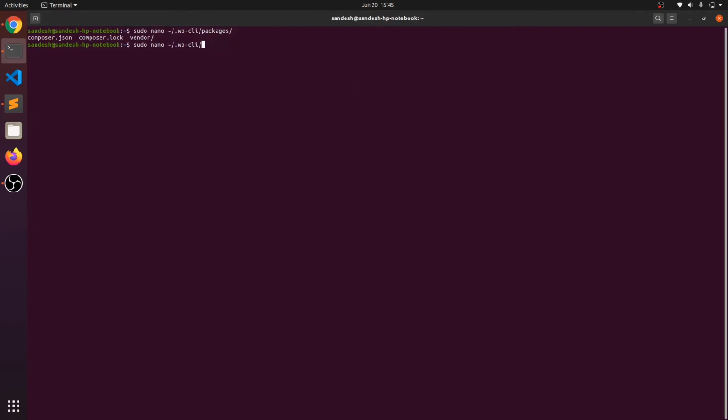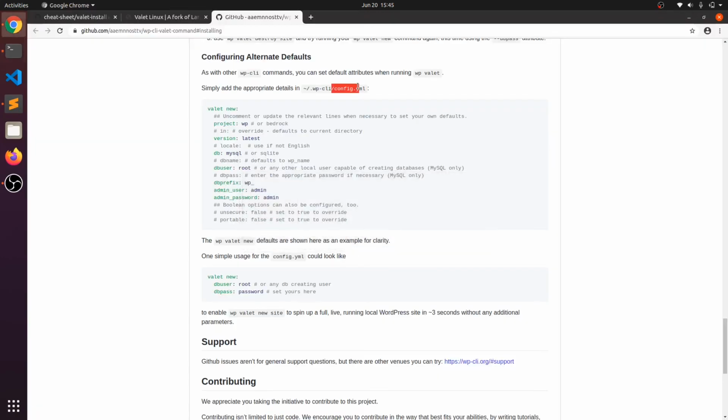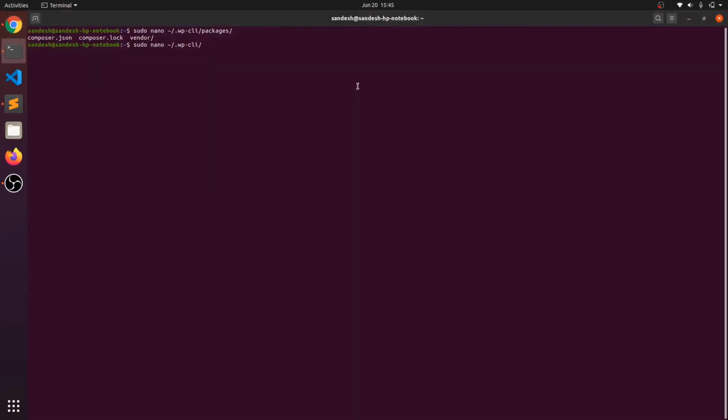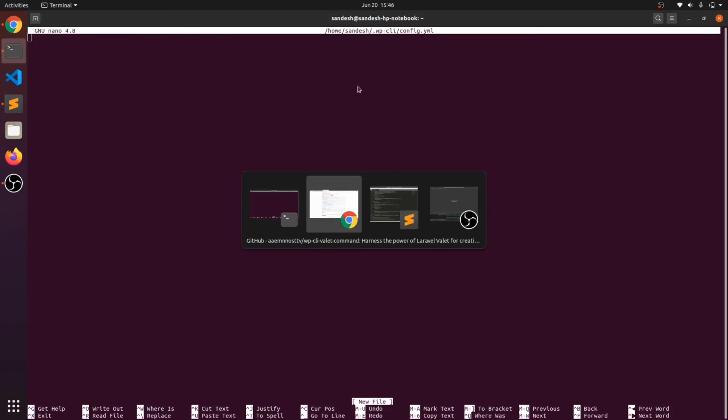So wp-cli, and what is the name? config.yml. That is the file. Yes, it will create a config.yml file, and if it already exists, it will open that file.